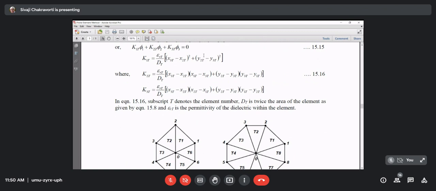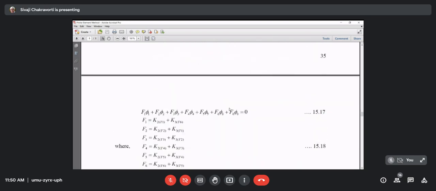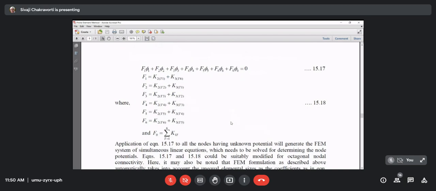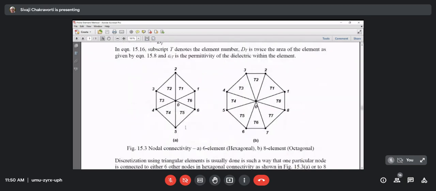But if I go to triangle 2, then what happens? I write K12, 2 stands for the triangle, K12 into phi 0, K22 into phi 2, because now phi 2 is node 2, K32 into phi 3, because phi 3 is node 3. So in this way, I can write all the equations, and if I look carefully in this, I will see